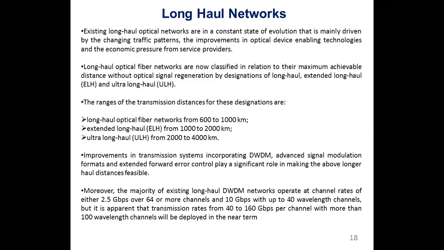So the majority of the existing long haul networks, which are also DWDM, will operate at channel rates of about 2.5 gigabits per second. But that is a rate which is not enough for the customers. Therefore, the next step in the optical network was a mixed line rate, where you can transmit at 2.5 Gbps or 10 Gbps or 40 Gbps. But as you increase the rate, you need to use better modulation formats. With the elastic networks or the flexible optical networks, you can reach close to about 100 Gbps. But the modulation formats and the assignment of the frequency and wavelength become very, very complex.